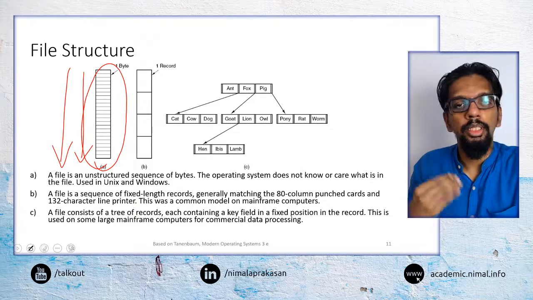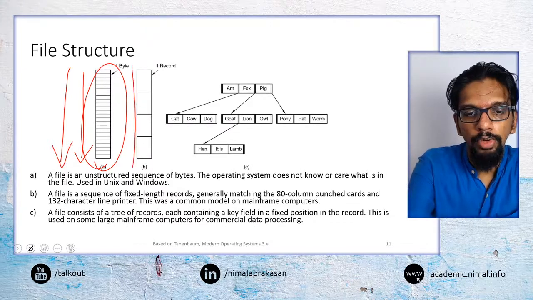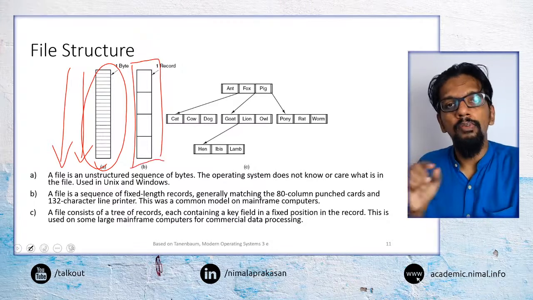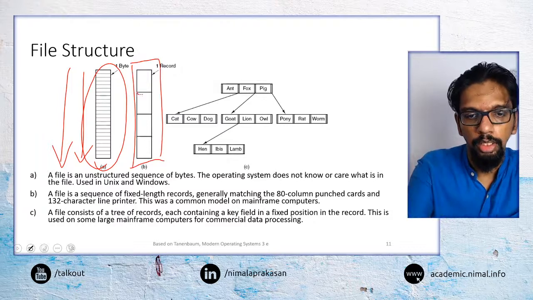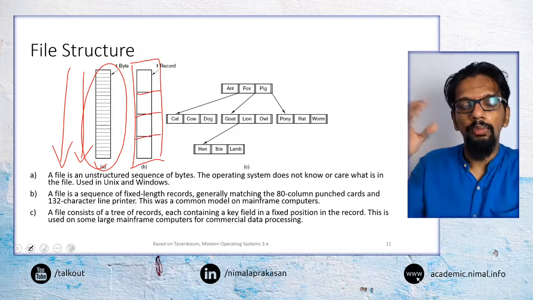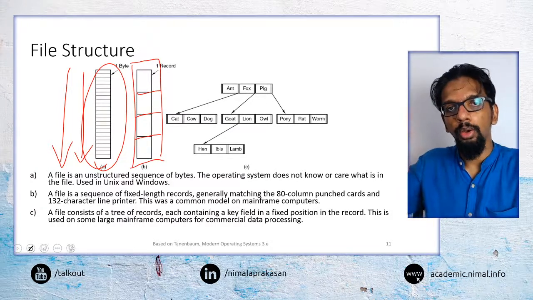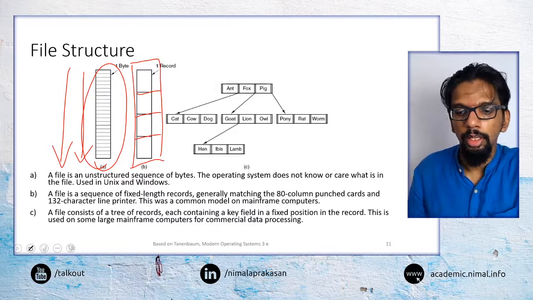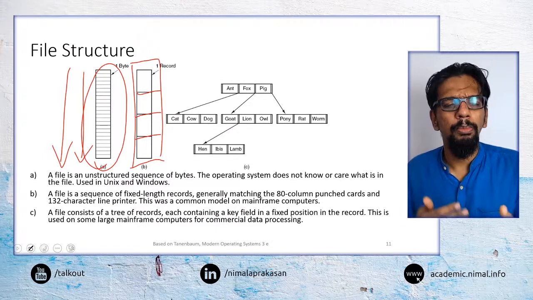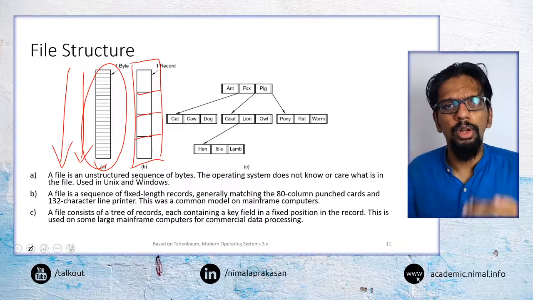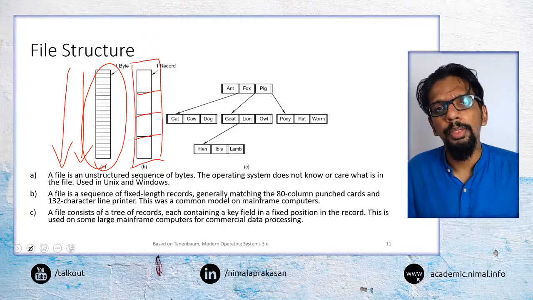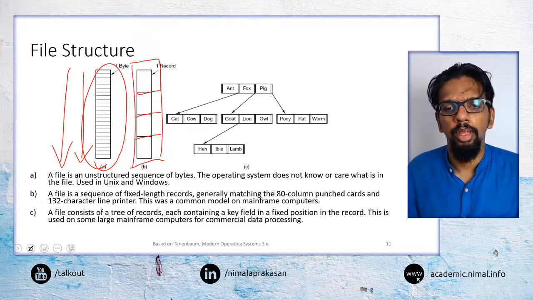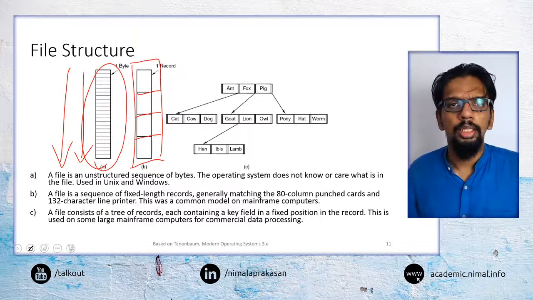Then we may have certain other files that are of a different type where they have a set length of records repeating one after the other. So say we may have a file where it has 32 bytes of records repeating one after the other. This may not be something that you may come across a lot these days, but these are certain files from a legacy perspective. There were certain situations where these were used, and even there may be certain applications where this could be used today.